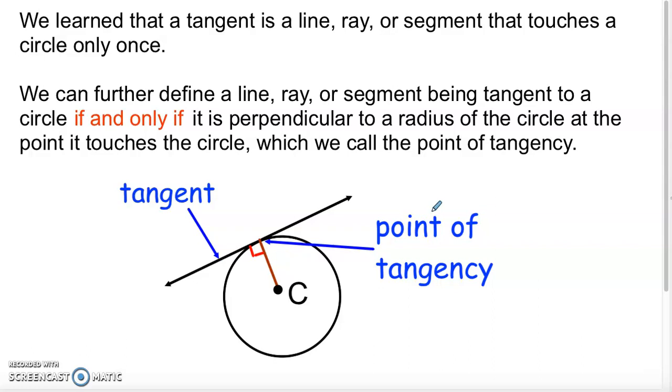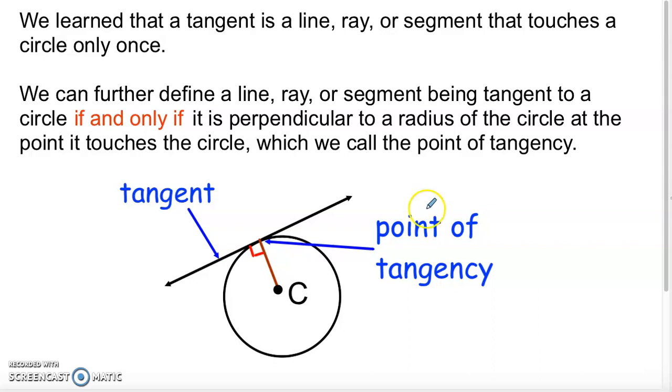A tangent, again, is just a line, ray, or segment. It could be a wall, could be another circle. It touches a circle only once. Now we can go further in that definition by saying that anything that's touching that circle at one point, at that point of tangency, is going to be doing so at an exact 90-degree angle, or it is